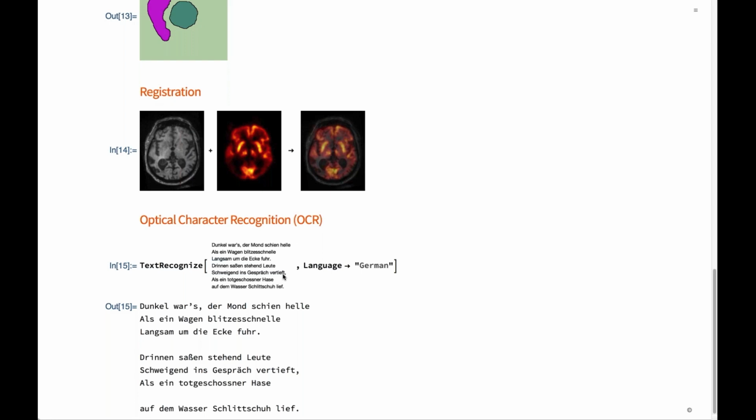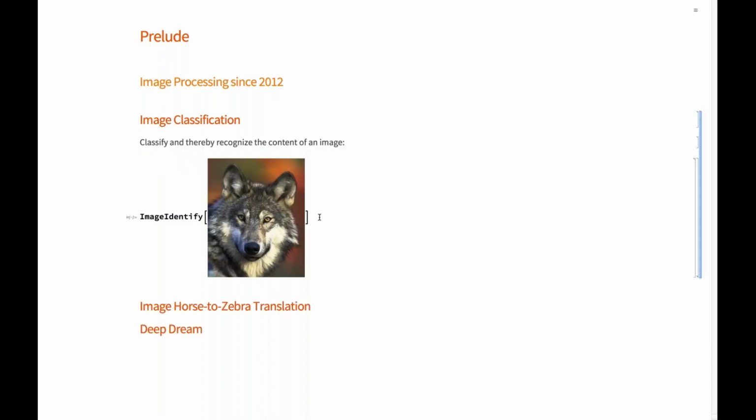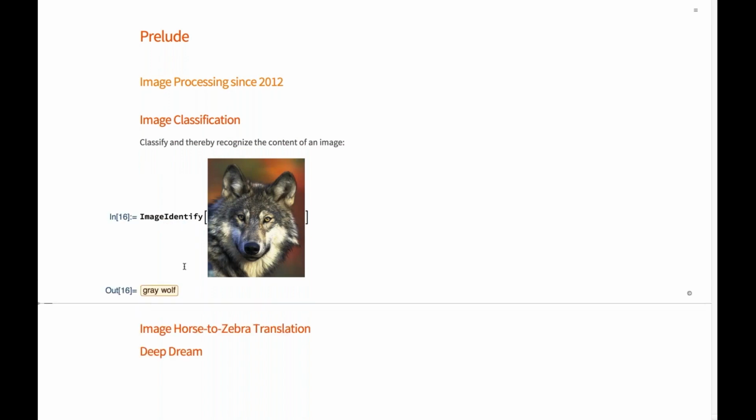But when I now say machine learning, I somewhat set that apart from the classical machine learning prior to the successes, especially the success that we had in the year 2012, when Geoffrey Hinton and his team won the ImageNet challenge. And since then, it's possible to do things like this. You present an image, and with a command like we have here with image identify, the system can load a neural network and then actually tell what's in this image, something that was unthinkable 10 years ago. So it's a quite remarkable development.